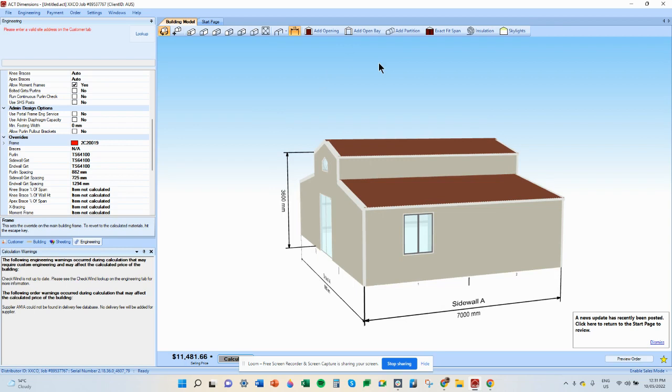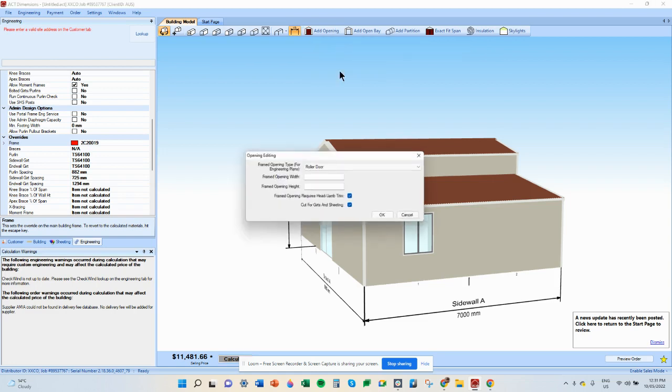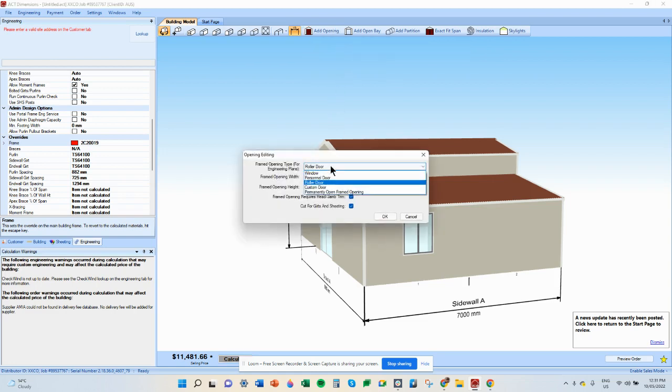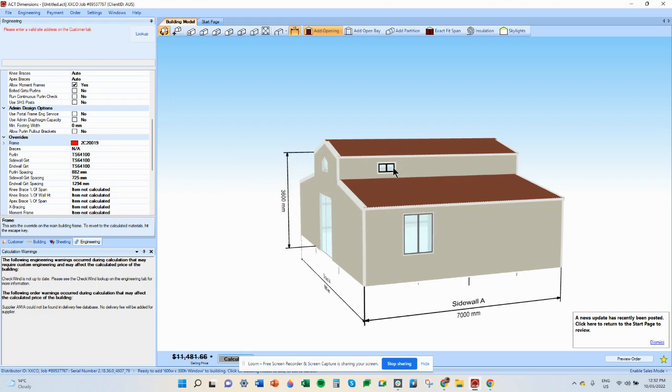Let's assume for a moment that I want to add some vents through the top here. So I come into add openings, I'm going to go framing only. I'm going to pick something to put it into, and the opening width might be 600 and the height might be 300. Oops, 300. I've got the right trim, I've got OK, I'm going to click it,